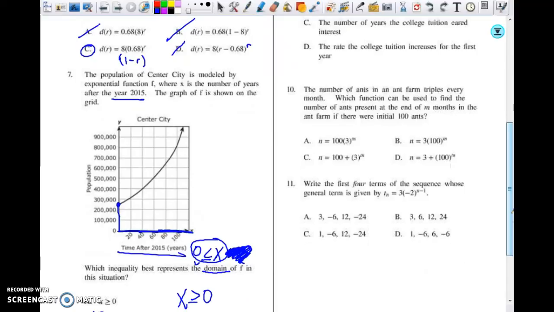Number 10, the number of ants in an ant farm triples every month. Each function can be used to find the number of ants. Which function can be used to find the number of ants present at the end of m months in an ant farm if there were initially 100 ants? So again, y equals, we know that a is my initial, so,